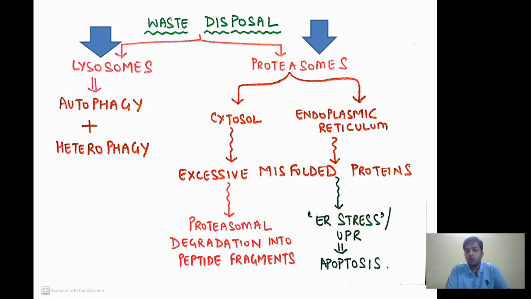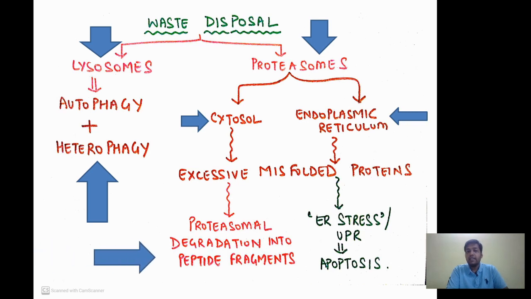Whereas at the level of proteasomes, we have several mechanisms, at the level of the cytosol and at the level of the endoplasmic reticulum. So at the level of the proteasomes, the waste disposal is different depending on the location. If there is an excessive amount of misfolded proteins present in the cytosol, then there will be proteasomal degradation of these misfolded proteins into peptide fragments. Whereas if abnormal or misfolded proteins accumulate in the endoplasmic reticulum, there we will get what is called ER stress, that is endoplasmic reticulum stress or unfolded protein response,